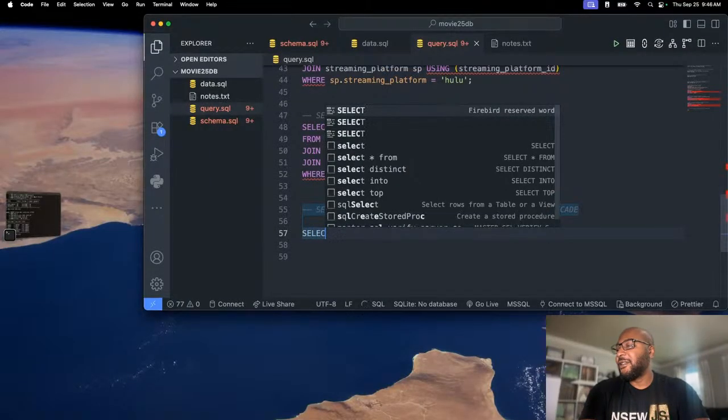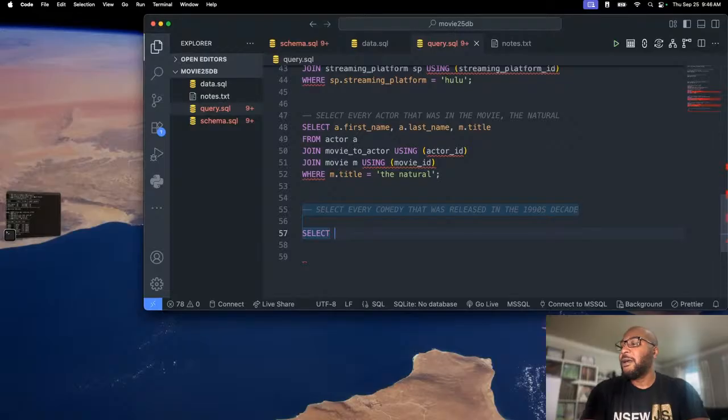So we're going to say select m.title, and we'll take the genre. Well, we'll take the year released as well. So m.year released, and then we'll take the